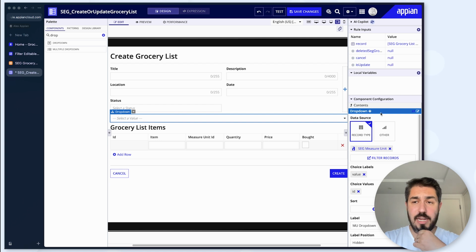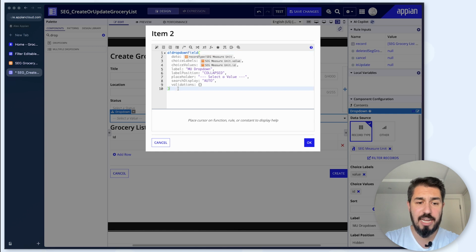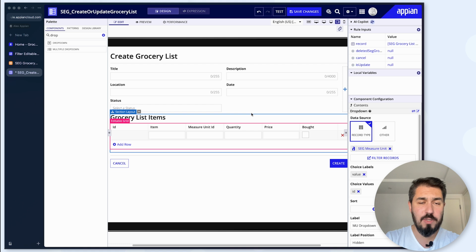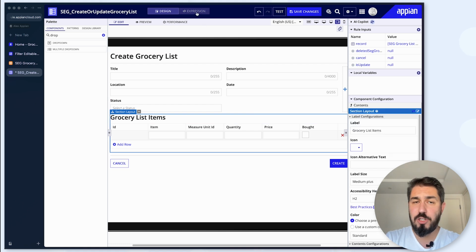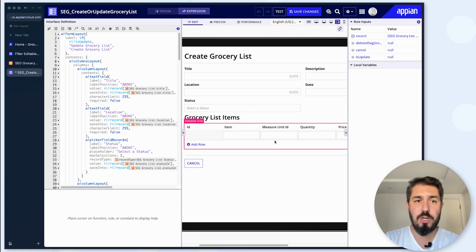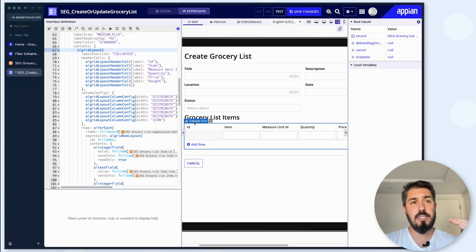All good. Now, what I'm going to do is open this in expression mode, and I am going to copy it and remove it from my interface. I'm going to quickly switch now to expression mode and replace the input text that we have over here with what we've just created. Now, another great feature that Appian has introduced recently was when you're in expression mode and you click on a component on your screen, the interface definition takes you automatically to that line of code. So you don't have to scroll and guess